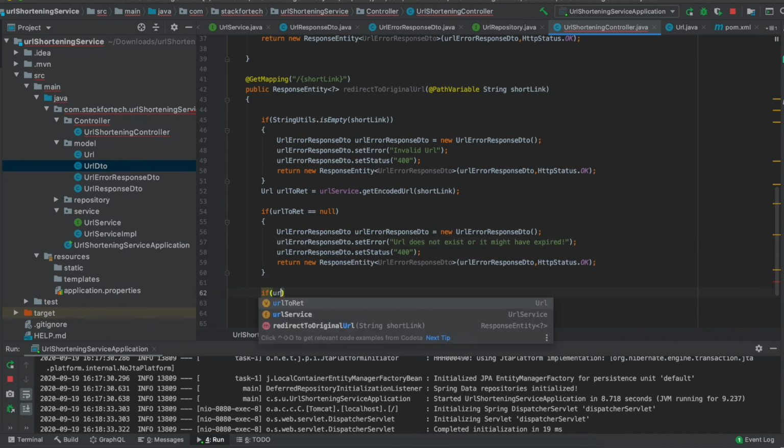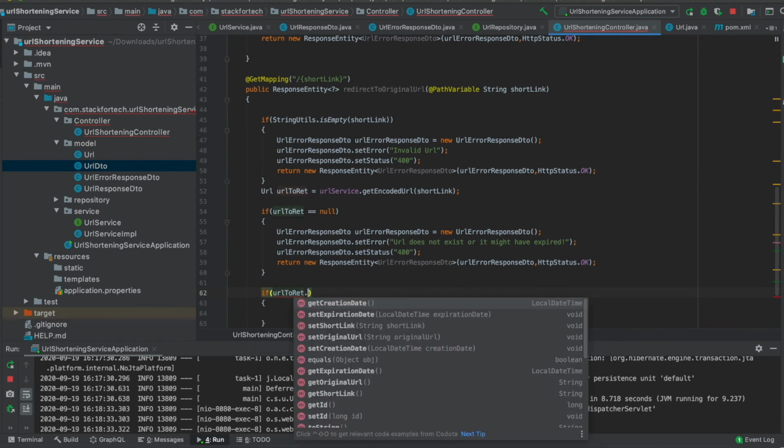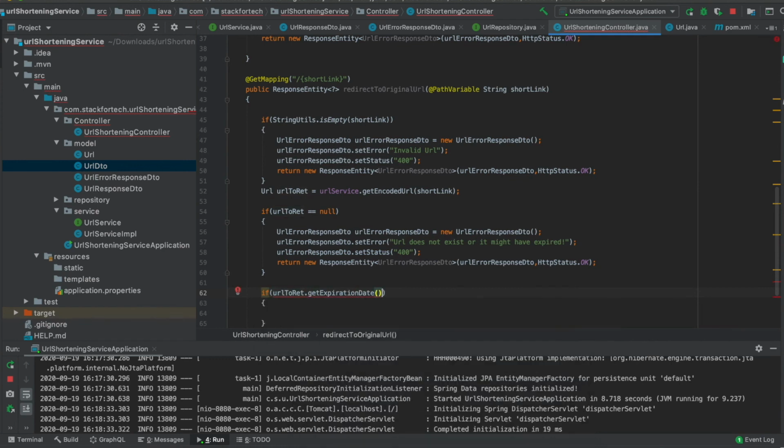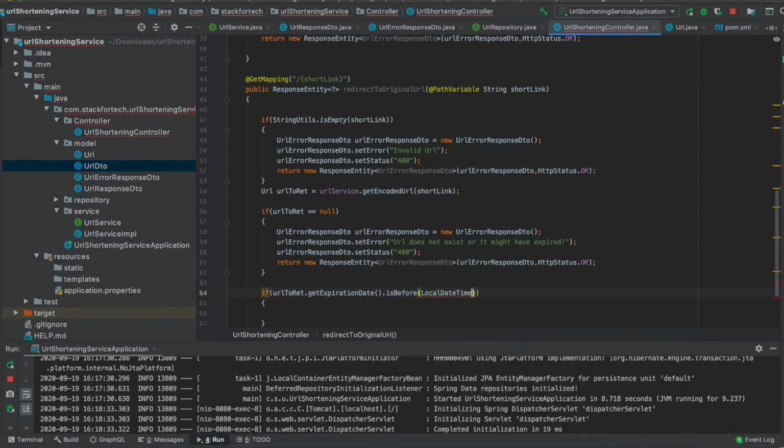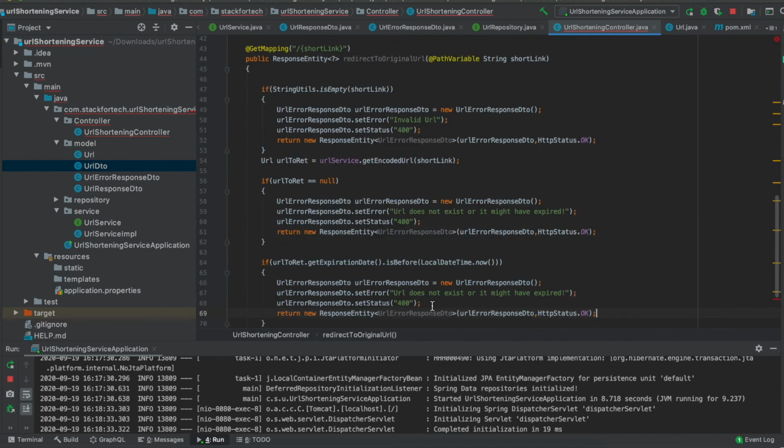Okay, so to check that, URL dot to read dot get expiration date. If this expiry date is before the local date time dot now, the current time basically, then we will assume that the URL is expired, and we will say that user please go ahead and generate a new fresh URL.